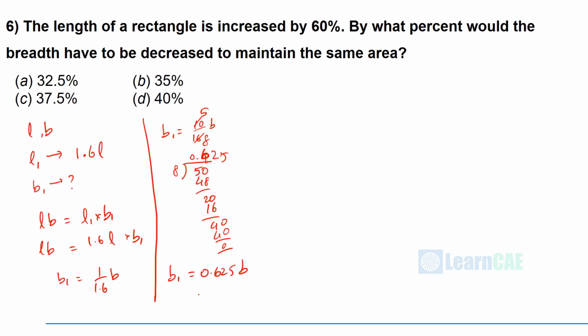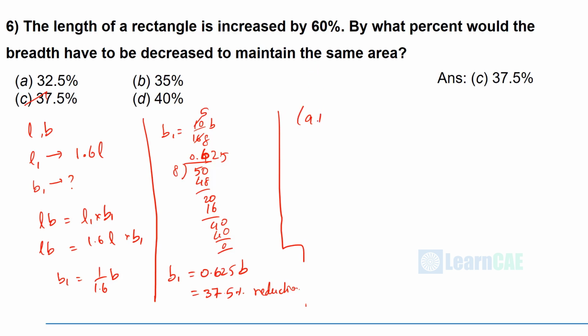That is, it has reduced by 37.5% reduction. So the answer is C. So let us check the answer. It is C, 37.5%. We shall solve this through the other method, that is through this formula: